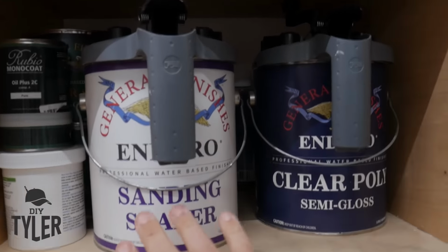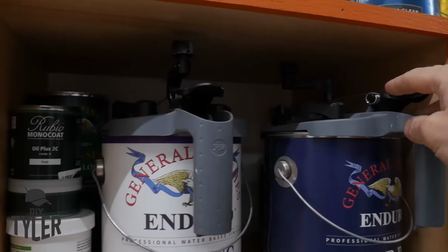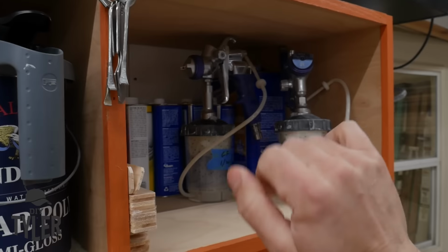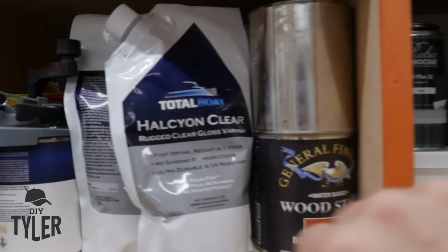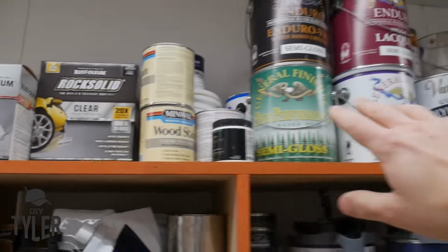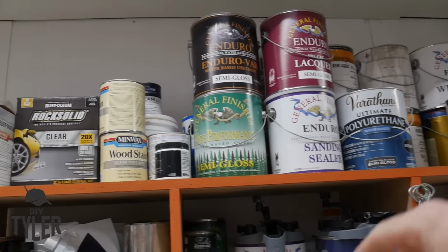And here is my favorite finish, general finish, a sanding sealer with clear Enduro poly. And I got the mixing mate buckets right on top so I can very quickly refill my 3M PPS cups. I do have some other things in here, some Rubio Monocoat, some stains, Total Boat Halcyon, which is my favorite outdoor finish, and then some various different finishes for kitchens,